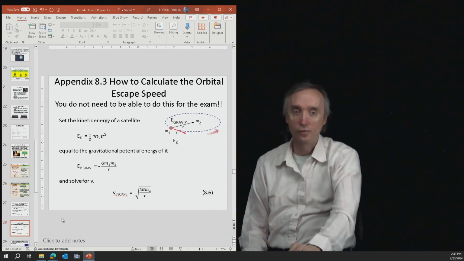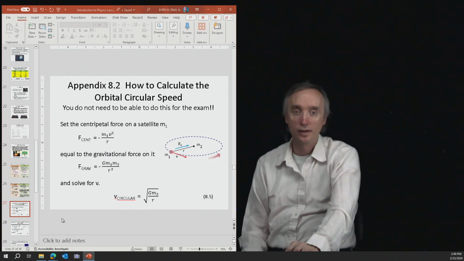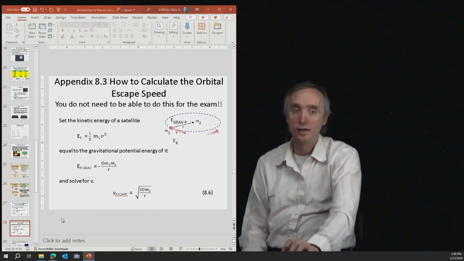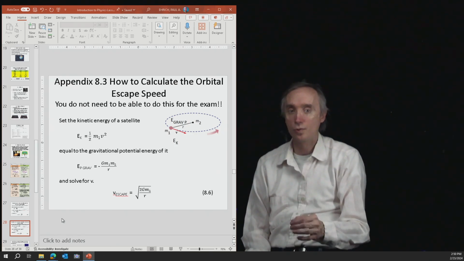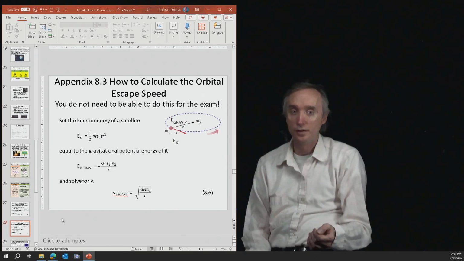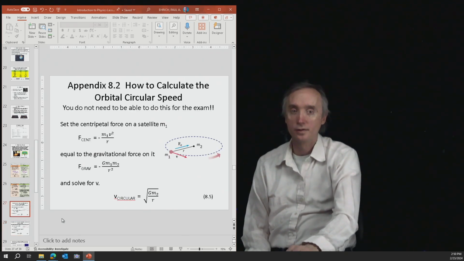You notice the two formulas are almost identical. So if we go back to this one and then we compare it to this one, the only difference is a factor of 2. So that the escape velocity is the square root of 2 times the circular speed. Okay,